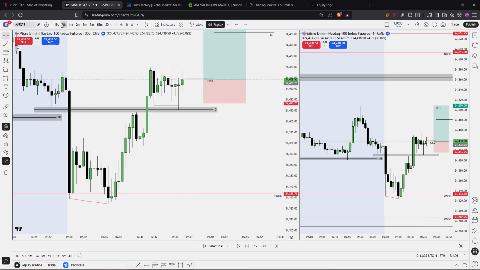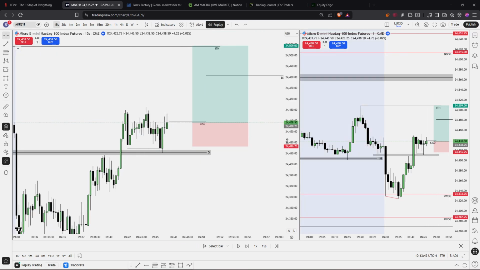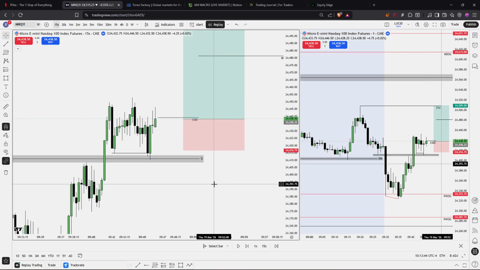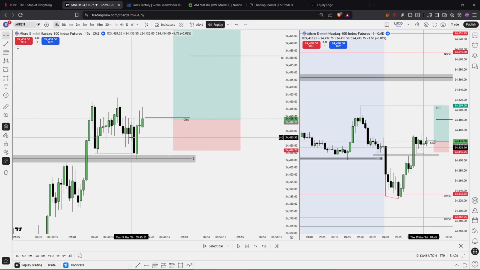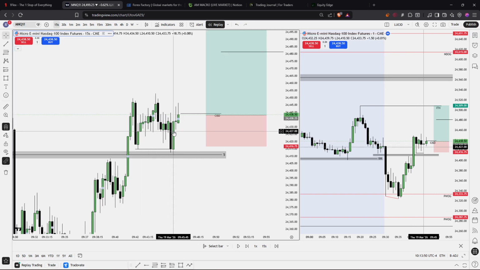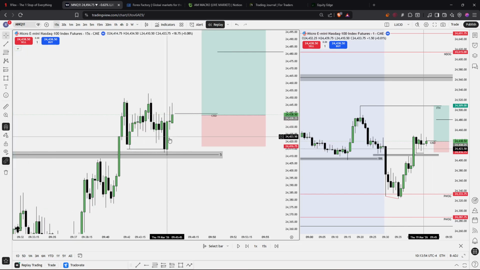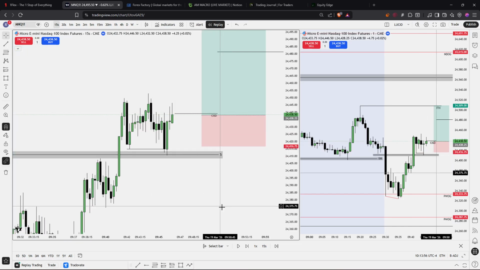Then I waited for 9:50 a.m. to open up. As you can see, I'll just explain this. Today there was a perfect example of AMD: accumulation, manipulation, and distribution. The market came here, displaced through this 5 minute gap and started accumulating. Then we got a nice displacement to the downside. If you see here,